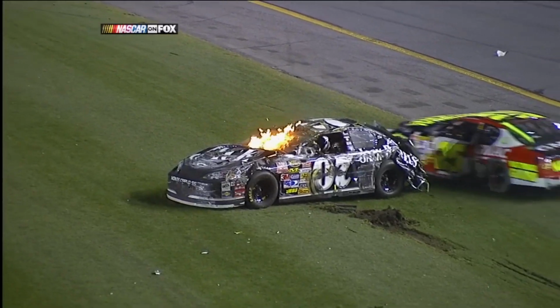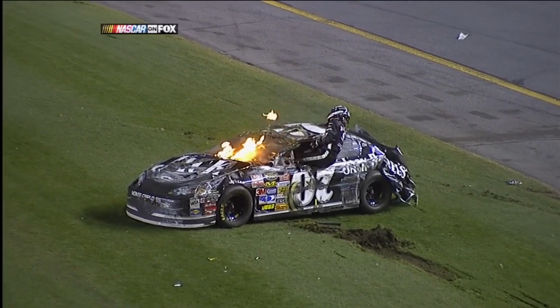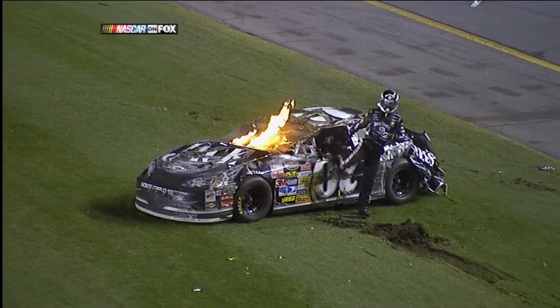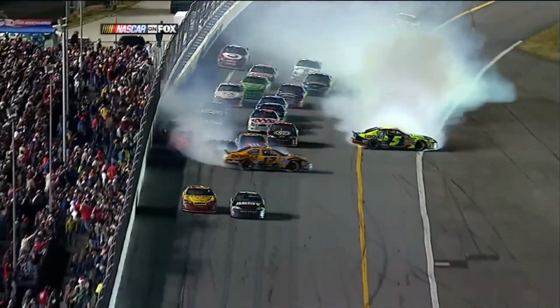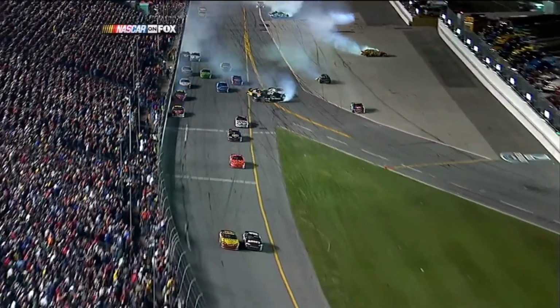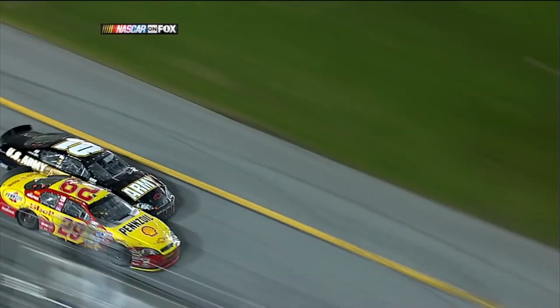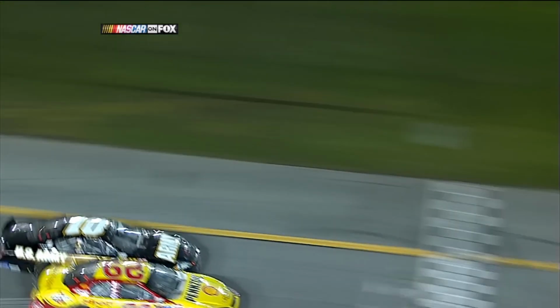Montoya, Stremme, Kenseth, Biffle, Marlin, Carl Edwards, Casey Mears, all crashed on the so slightly gets into the 17, and it's on from there. Look at the 38 car up on top of somebody. There's a car turning over. And look at this finish. And it's a drag race to the line, and we've seen Harvick do that before. Yes, we have. In the bottom lane,